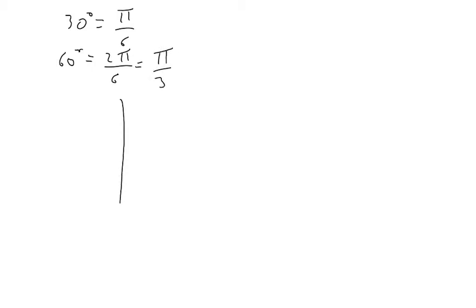In this video, we're going to be looking into the unit circle as well, but we're looking at multiples of 30 degrees. Now, 30 degrees is the equivalent of pi on 6. Now, 60 degrees is obviously double that, so that's 2 pi on 6 or pi on 3. So if we get our unit circle,